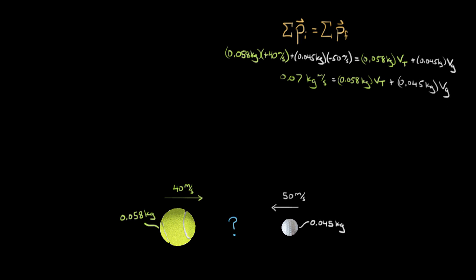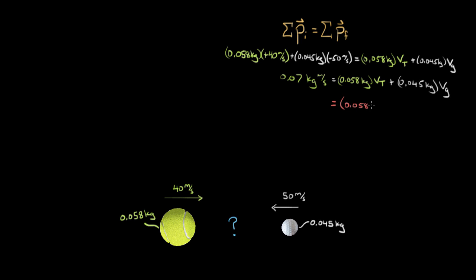Or the problem could tell you what type of collision this is. If it tells us that they stick together, then I can assume that they both move off with the same velocity. That would be a perfectly inelastic collision. So if it was a perfectly inelastic collision, I'd just have equals one big mass over here. In other words,